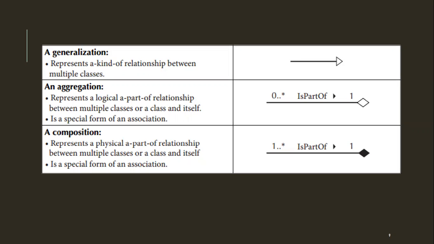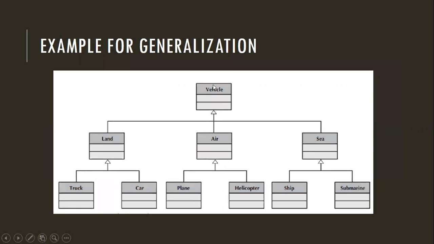I'll show you the example, then you will understand. Kind of කියන එක තමයි relationship in between the classes. Okay, so we'll go through this. බලන්න. vehicle කියන class එකක් තියෙනවා. Land is a kind of a vehicle. Land vehicle කියලා තියෙනවනේ. Now the car, bus, all this comes under what? Land vehicle, isn't it? So land is a kind of a vehicle. නේද? Air vehicles are there. Aeroplane, helicopter, all this comes under what? Air vehicle, isn't it?